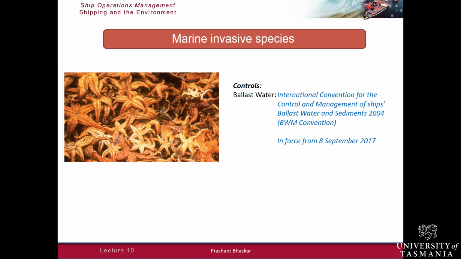And one example of that is the Japanese starfish, and you can see the picture of a Japanese starfish on the left hand side. Looks very pretty. It's large, yellow and purple, and the species is native to Japan, northern China, Korea, Russia, and the far North Pacific. And it's thought that this species was introduced in Tasmania either as larvae through ballast water or as fouling on ships that used to come to Tasmania from Japan. Anyway, it's here in Tasmania.